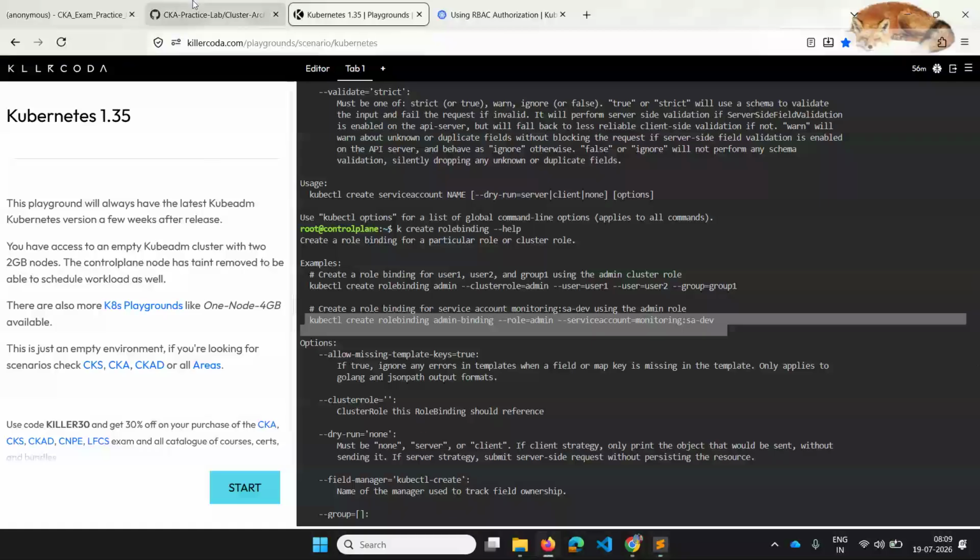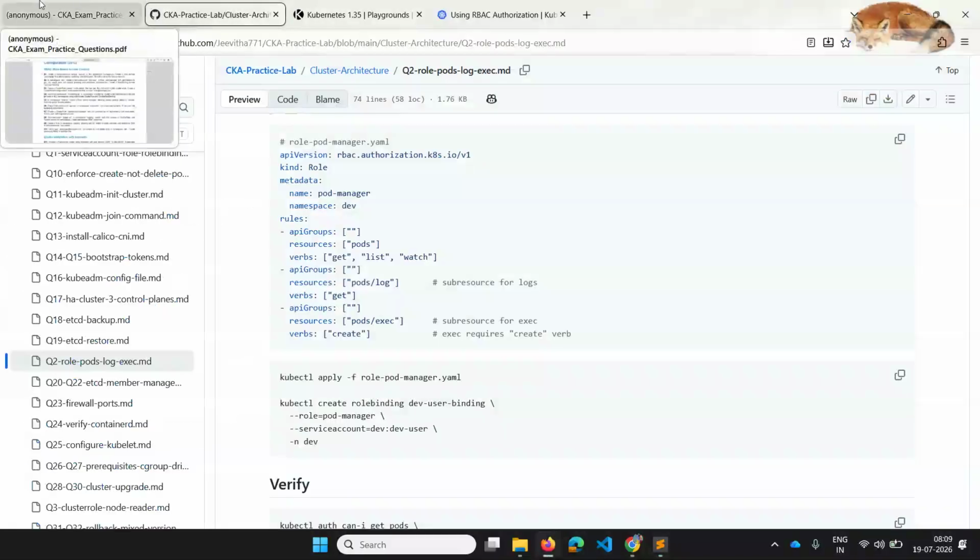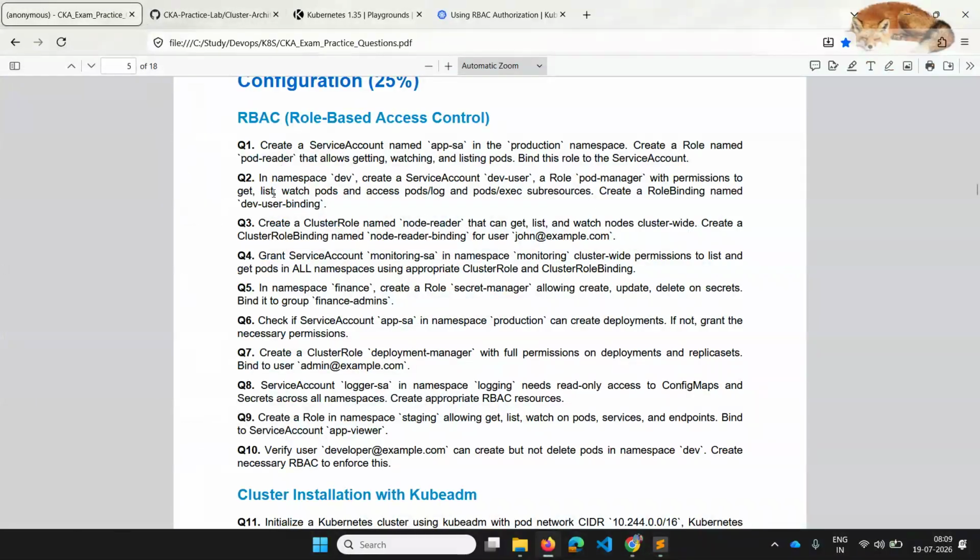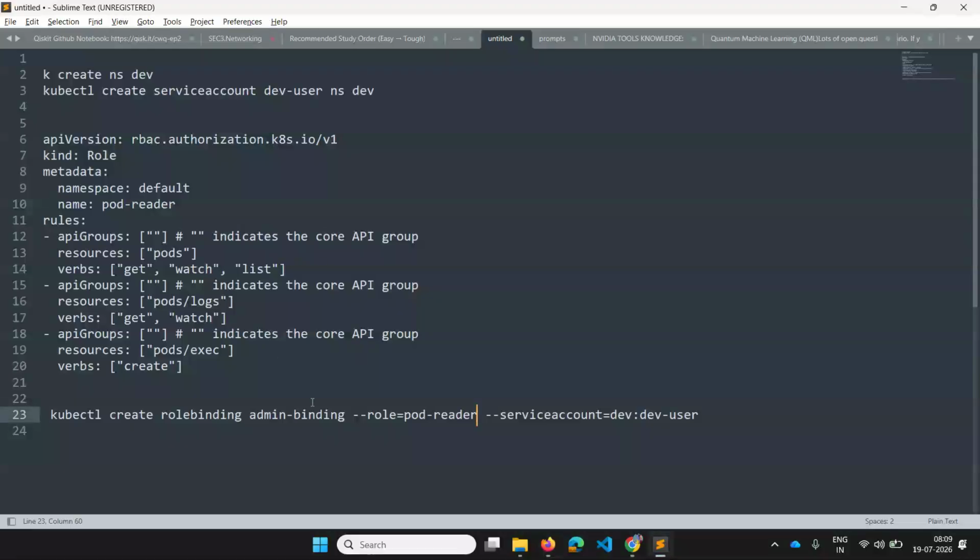And the role binding which we are trying to create, is there any role binding name? Okay, dev user binding. So you can just create it like this.